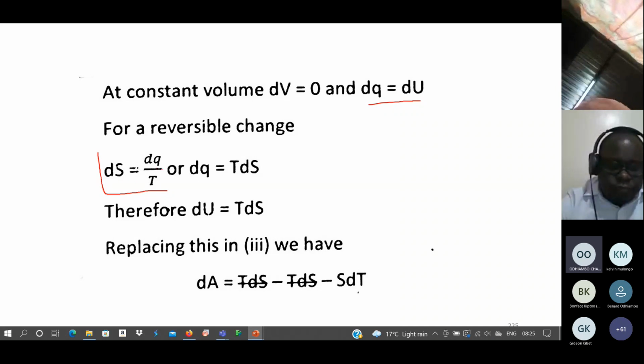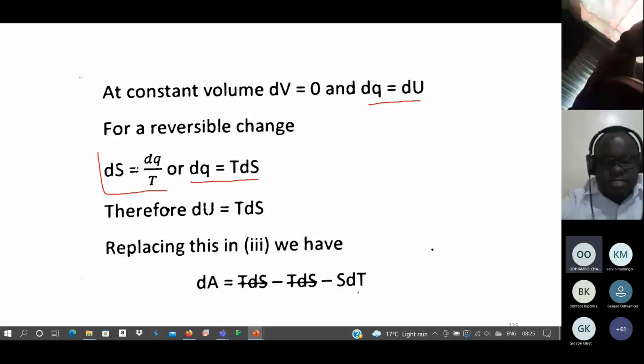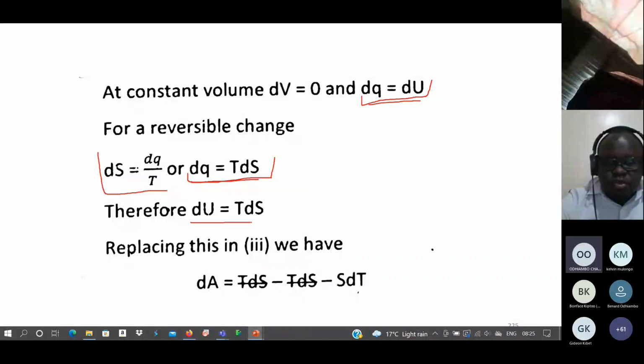That is, when you rearrange, when you make dq the subject, dq equals TdS. Okay. So therefore, if here we have said dq equals dU, and here we have said dq equals TdS, then we can say dU equals